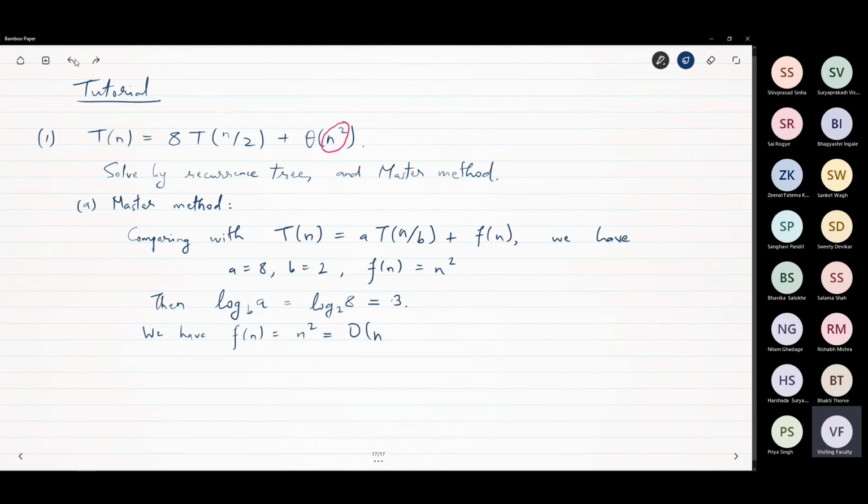Sorry, O(n square). O(n raised to 3 minus 1). You see? O(n raised to log a to the base b minus 1). Right. This implies, by master theorem, what do we get by master theorem? T of n is equal to theta